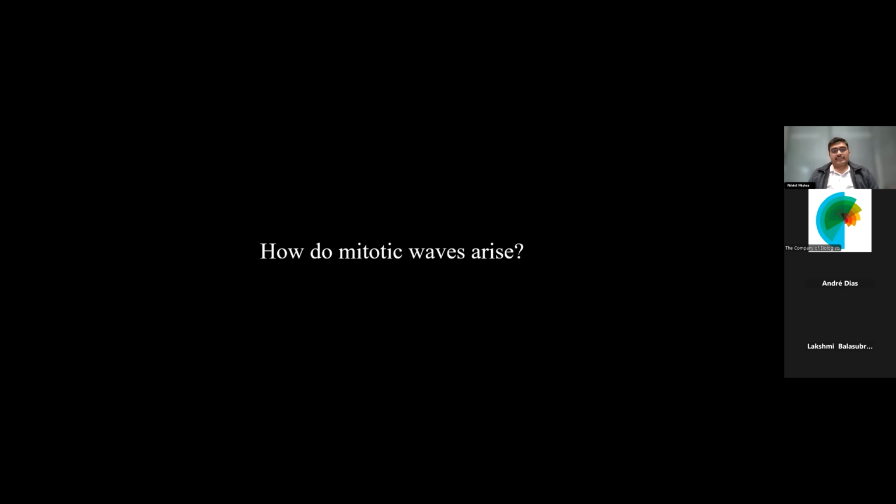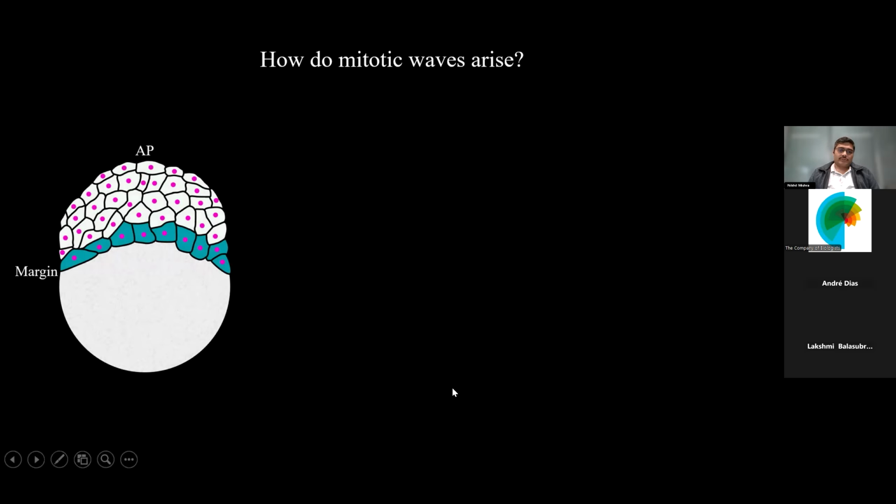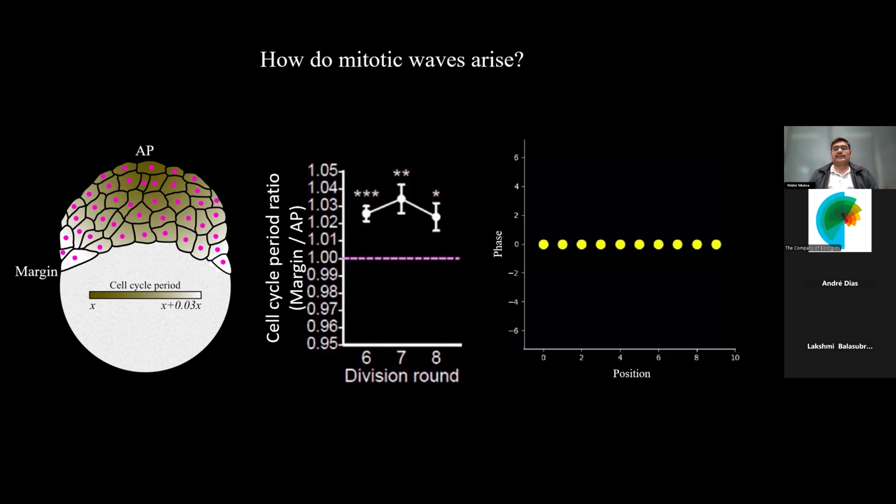The question that we started off by asking was, how do mitotic waves arise? Long story short, I have determined that mitotic waves arise because the margin cells cycle much slower than the cells around the animal pole, and it's a linear gradient of cell cycle periods from the animal pole to the margin. More specifically, the margin has a cell cycle period that is approximately 3% longer than those at the animal